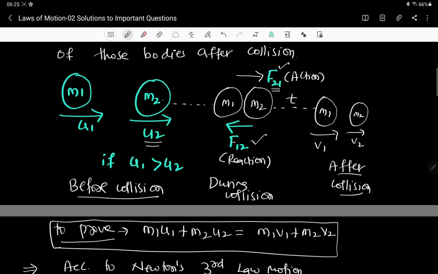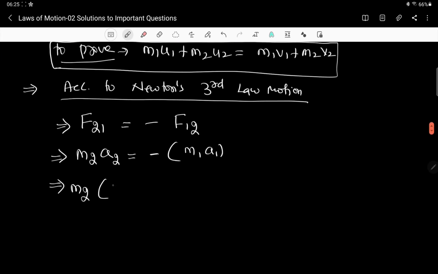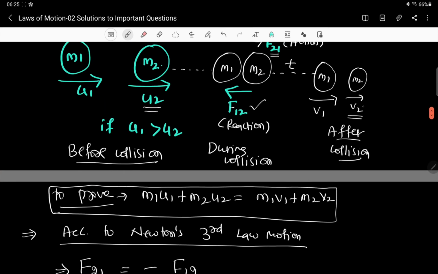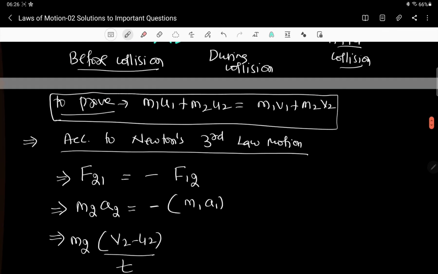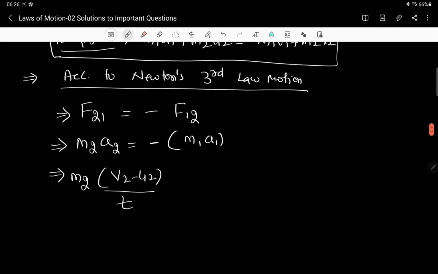Look at the acceleration of the second body. It was moving with velocity u2, its velocity has become v2 in time t. That means it becomes v2 minus u2 divided by t, correct? Acceleration means change in velocity divided by time, right? So what is the final velocity of the second body? v2. What is the initial velocity? u2. How much time has it taken? t time. So it becomes v2 minus u2 divided by t, and that is equal to minus